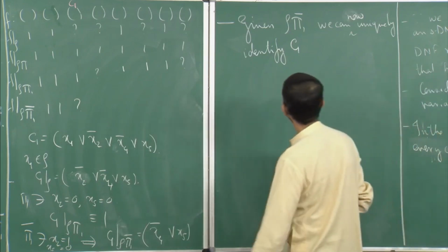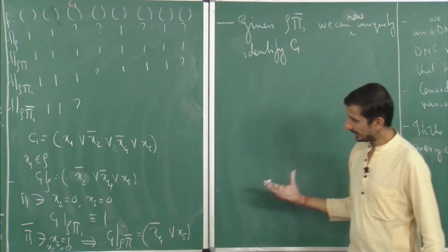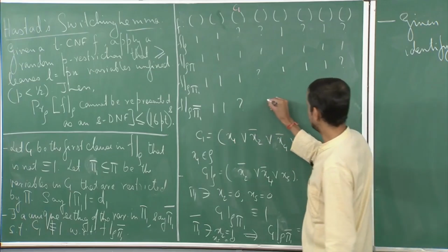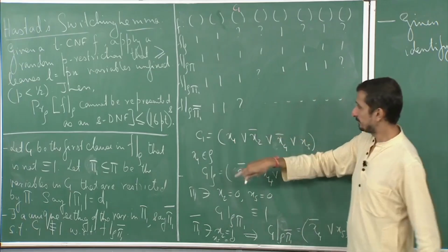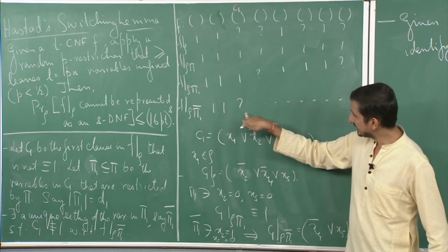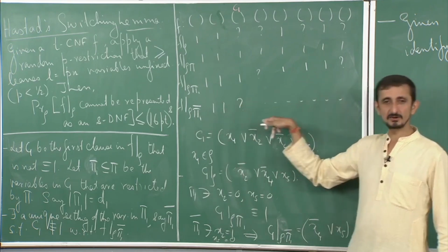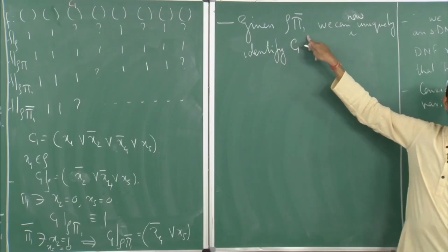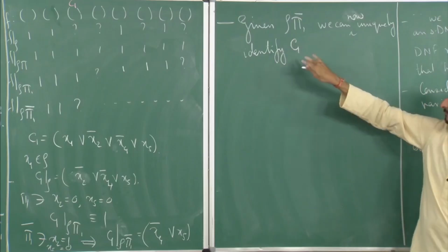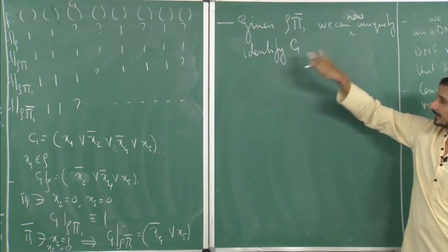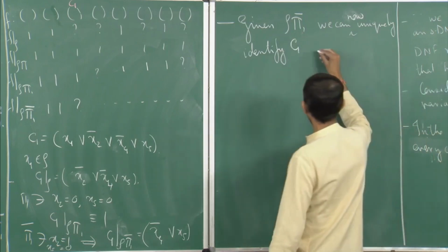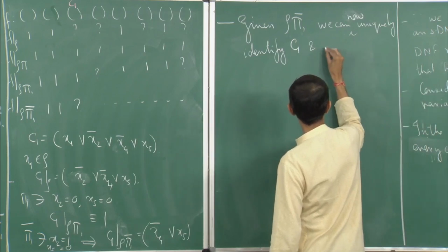Okay. So, essentially if I am given rho pi 1, note that by our construction, these remaining things can be anything, but C1 is once again the first clause that is unrestricted with respect to this restriction rho pi 1. So, if I am given this restriction, then I can uniquely identify what my clause C1 was. And we will see later on that,